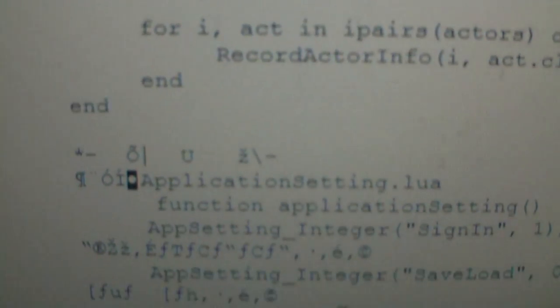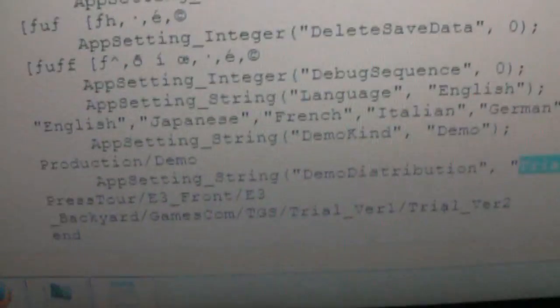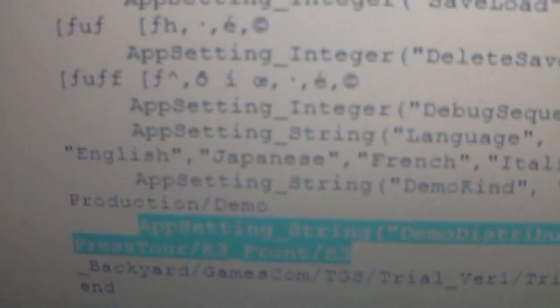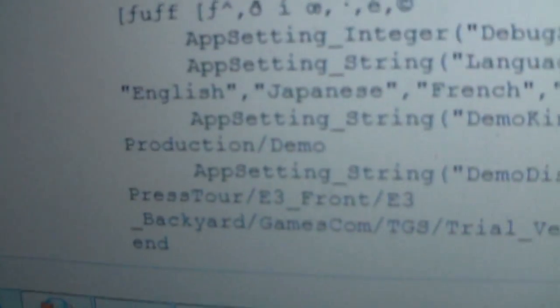You're at application setting.iua. There's a lot of stuff you can change here, but the one thing you really need to change is the content here: Application demo distribution trial version 1. Okay, so here you'll find a list of different options that you can put in this, apart from trial version